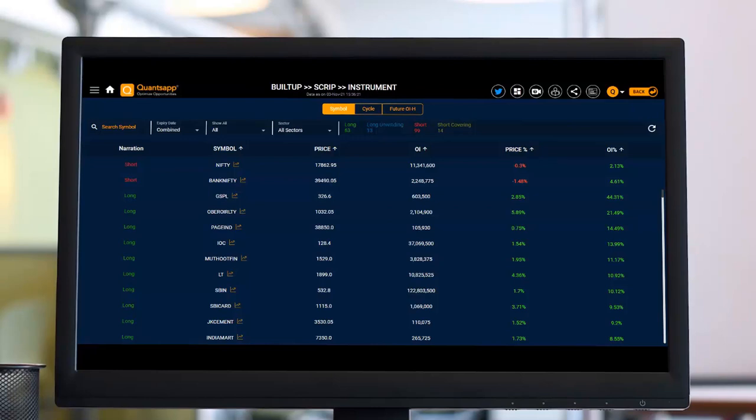The build-up tool in our application has been upgraded to real-time data. So whenever we click on the refresh button over here, whatever the price is at that point, we will get to see that. So basically it is a live data point which we get to see in the build-up tool. All we need to do is click on the refresh button, and whatever the live CMP is at that point would be fetched in the price panel over here, and the price change would also be fetched automatically.